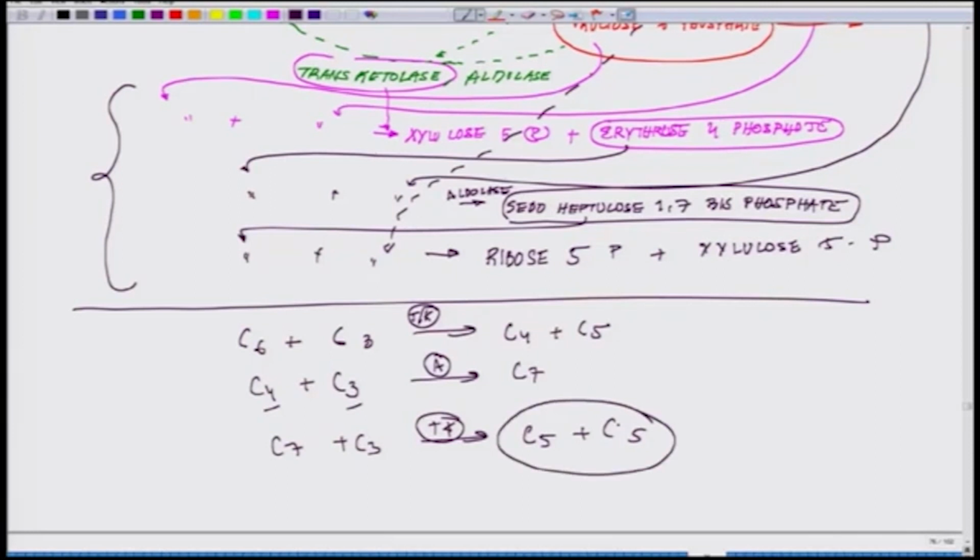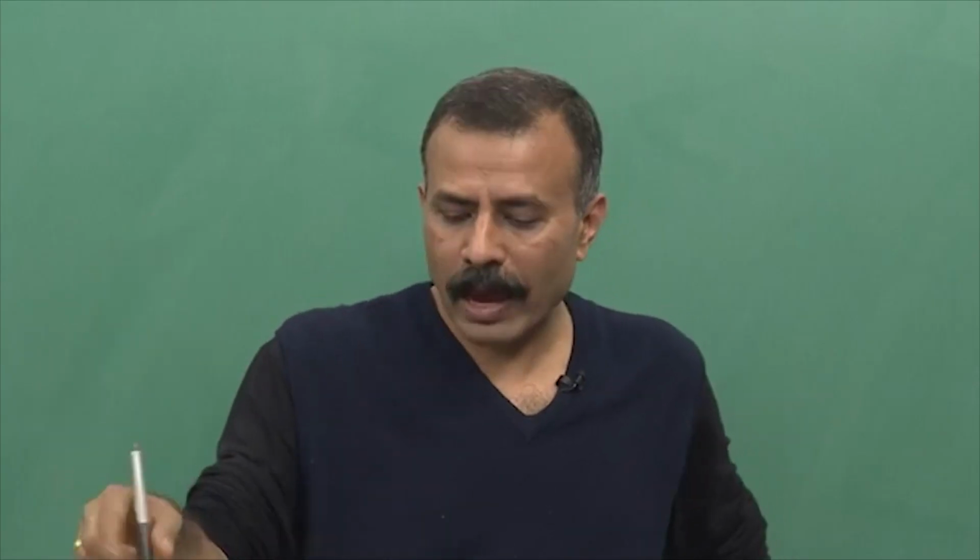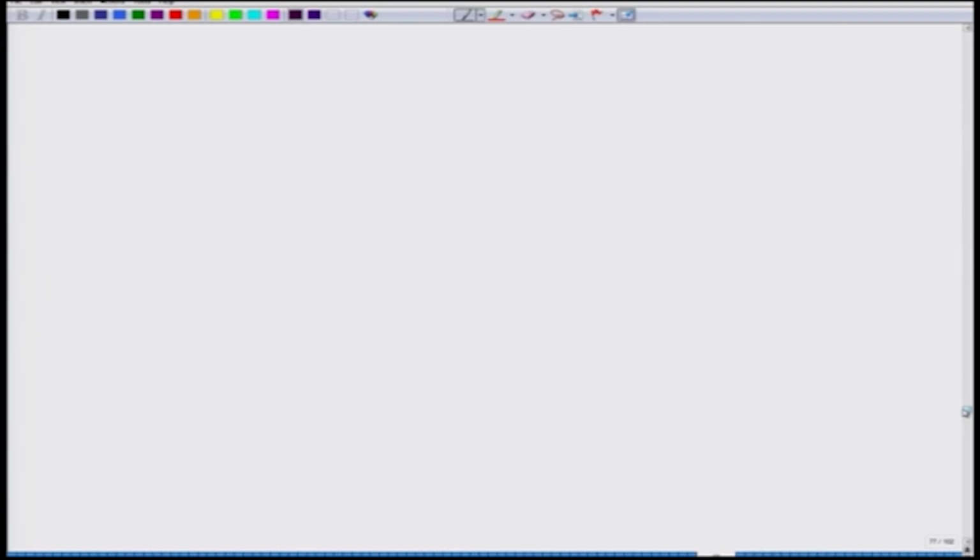So, you are having 5 carbon. You realize, what is the origin of these 5 carbon molecules? There are always 5 carbon molecules which are playing this game, and in order to have this process functional, there are a few other enzymes which are involved. The 4 additional enzymes are called pseudoheptulase 1,7 bisphosphate phosphatase, phosphopentose epimerase, phosphopentose isomerase, and phosphoribulose kinase. You do not have to worry about these things, but what is important here in this